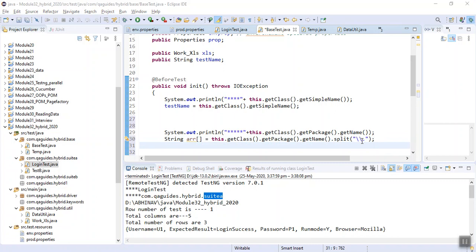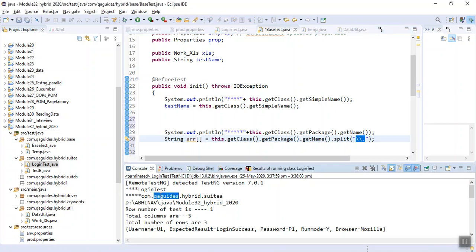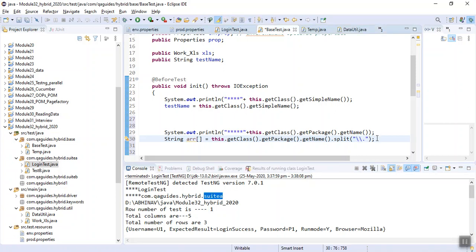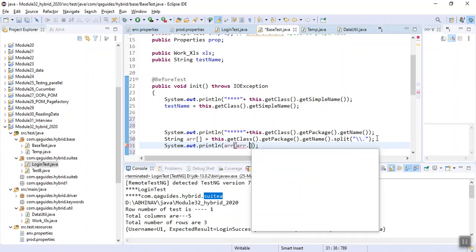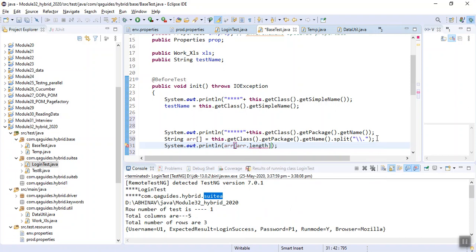You need to give the double slash because dot is a special character, and remember, before any special character we need to provide a double slash. So the first element will have form, the second will have QA guides, the third will have hybrid, and the last element will have suite. Let me show you: syso arr dot length minus 1.